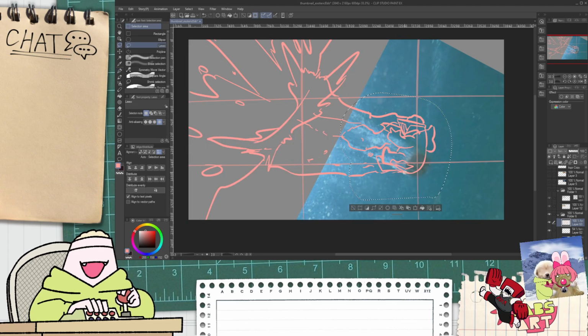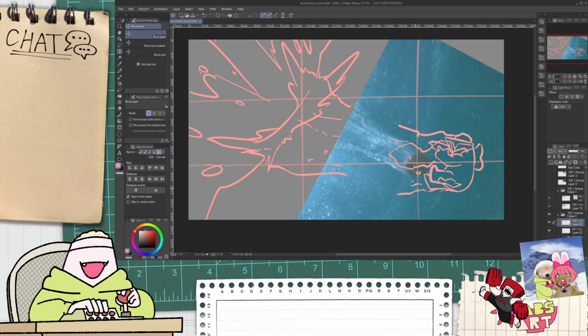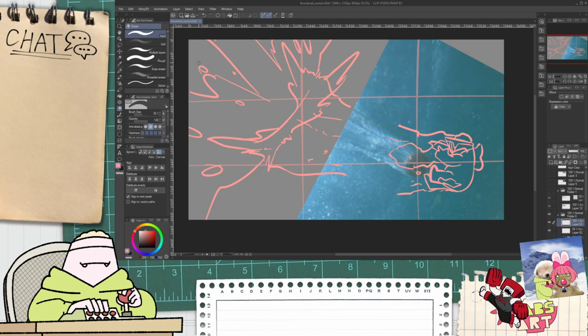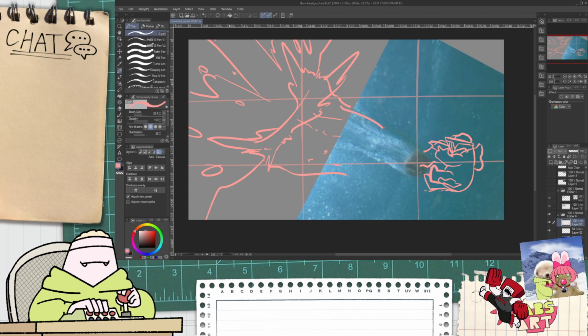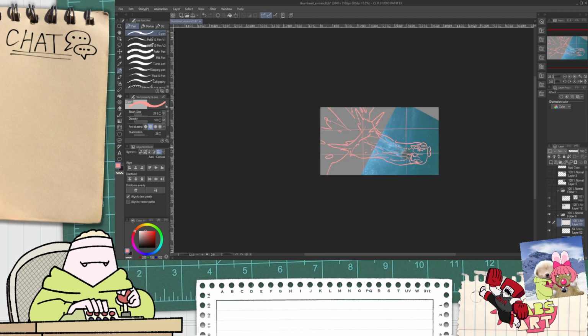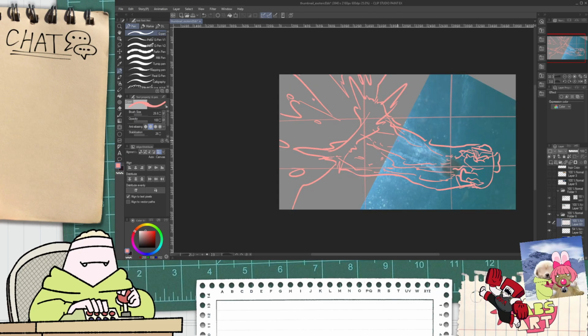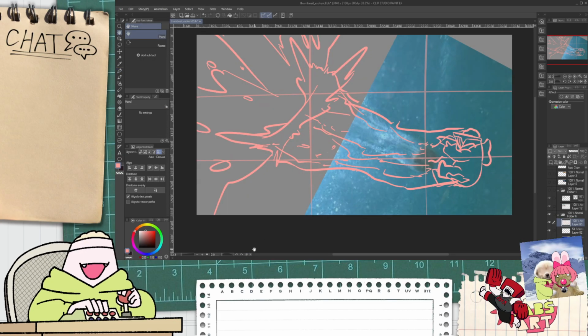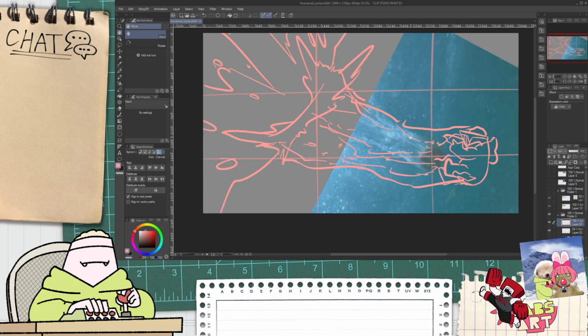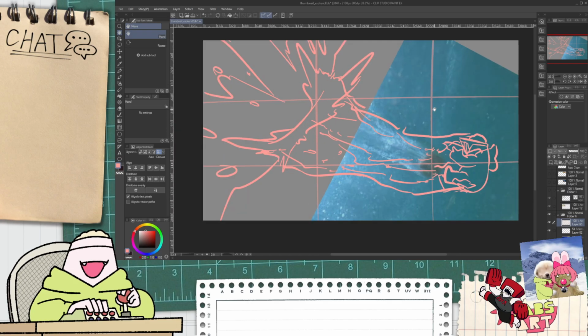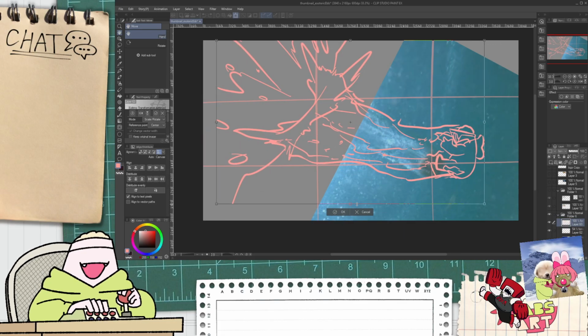I also feel like it could probably be extended a little bit. What if I put myself all the way back here? I think this would work, right? Okay, there we go. Yeah, I think something like that could work. Maybe just a tiny bit smaller and a little bit higher.